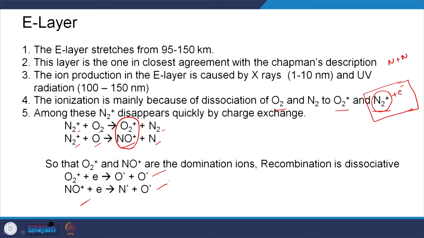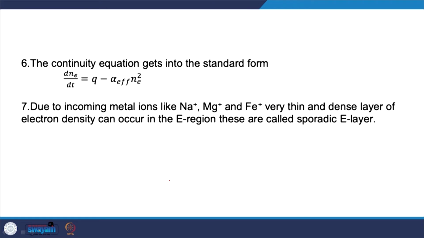The electron densities available in the E layer are more in comparison to the electron densities available in the D layer, right. And during the night time, due to the lack of energy, it also affects the strength of both these layers. The continuity equation gets into its standard form, where dNe by dt is the rate at which electron density changes with respect to time, Q is the rate of production, alpha is the recombination coefficient, and